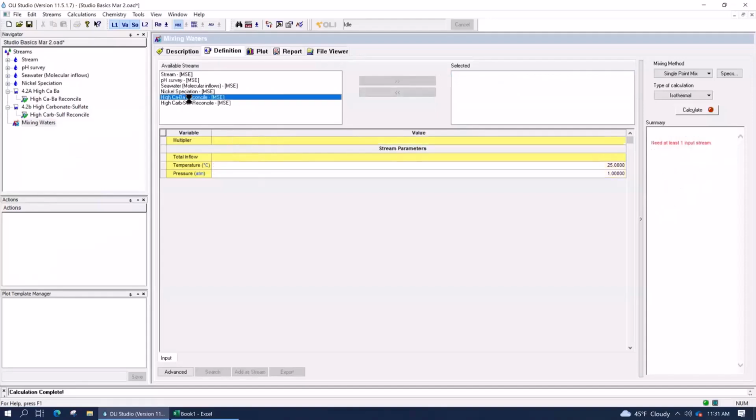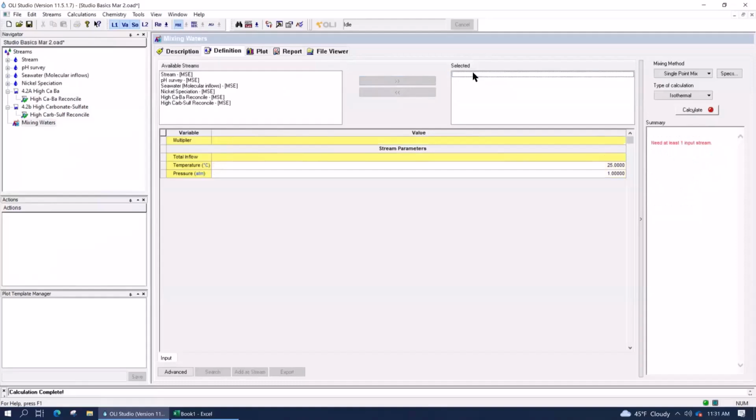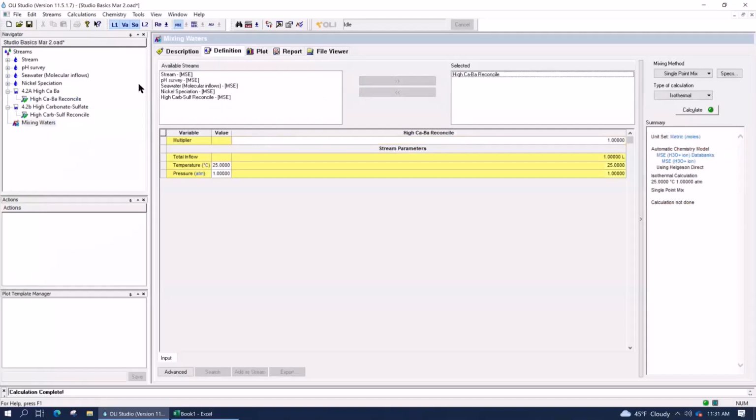You can double click them in. Or what I think is cool, you can single click on the stream in the navigator panel and drag it into the selected. Sometimes that's easier because you know where it is here, but you have a hard time finding it there.